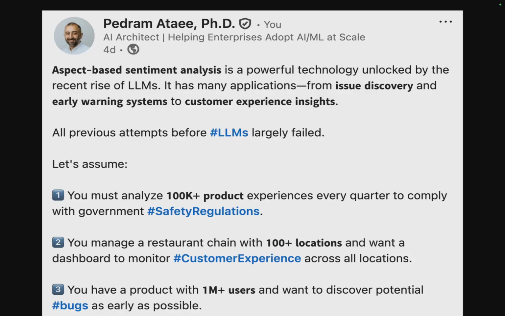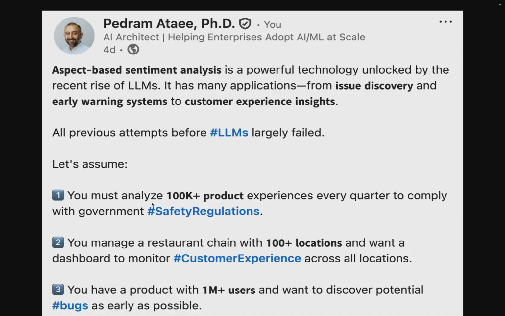And it was so tough to create a compliance report out of 100,000 product experiences. But now with LLMs, we can easily do this. We can create reports of 100,000 product experiences easily, and find out if there is, for example, a safety issue with one of the products that we have. Great, isn't it?